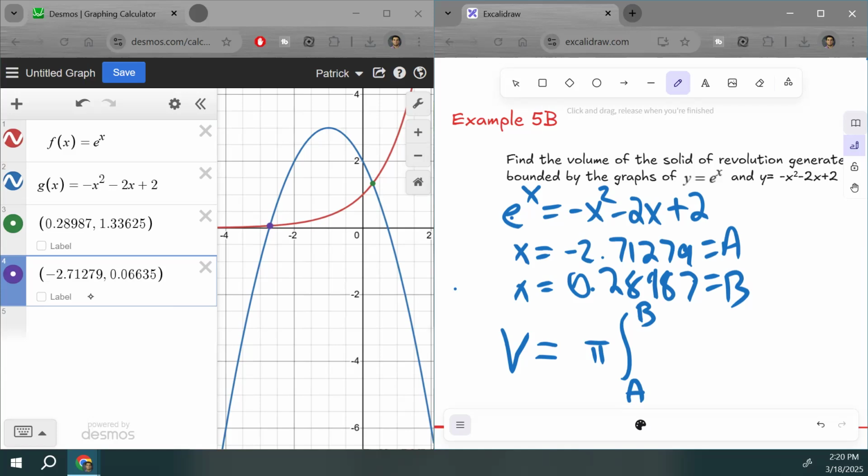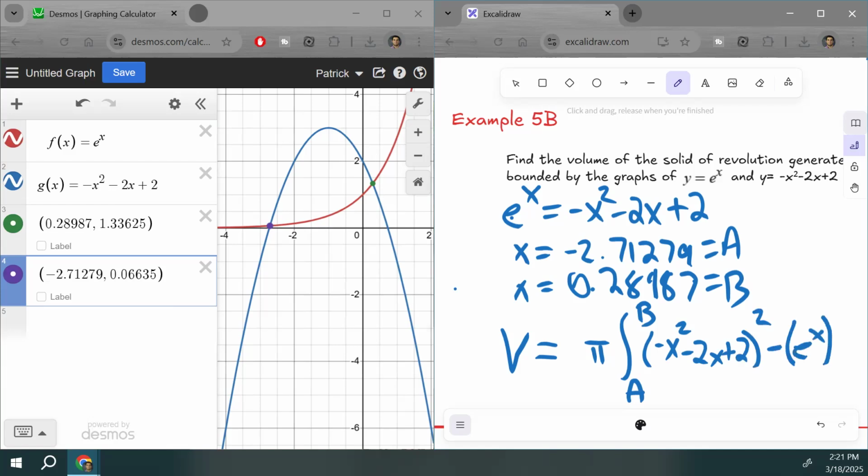Now, if we look at this region, a vertical strip rotated about the x-axis, the top is going to be formed by the parabola and the bottom by the exponential. So the big R is negative x squared minus 2x plus 2, squared, minus little r,